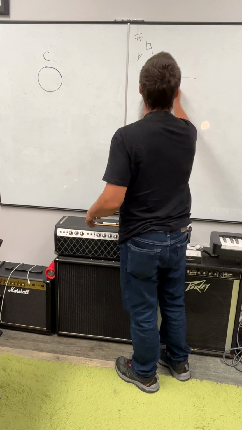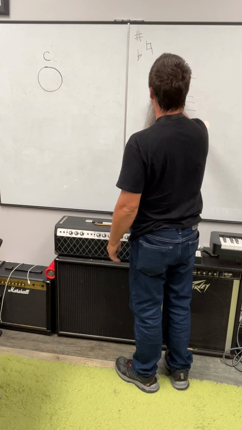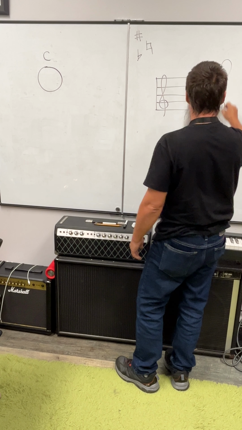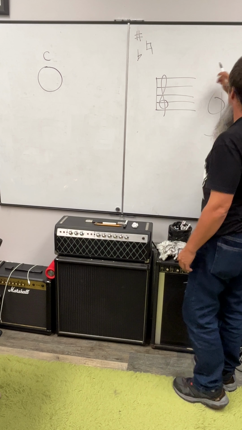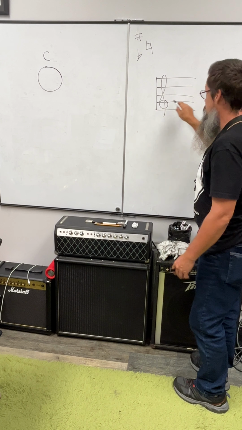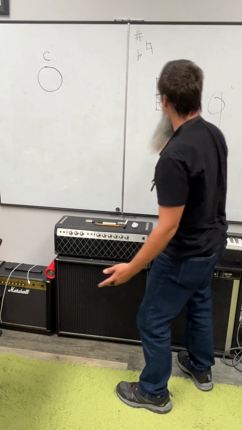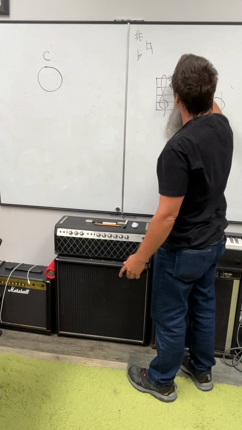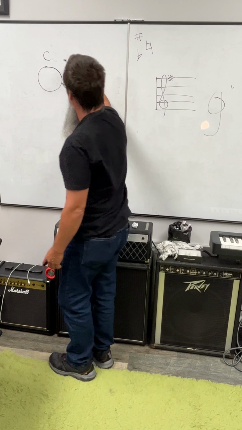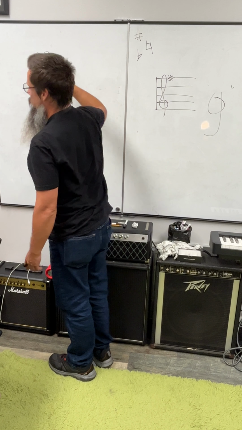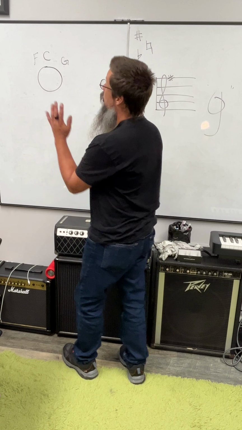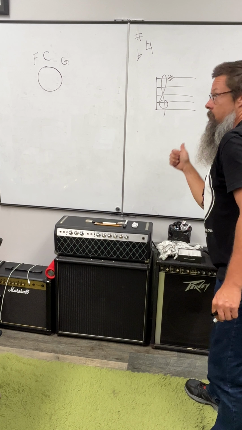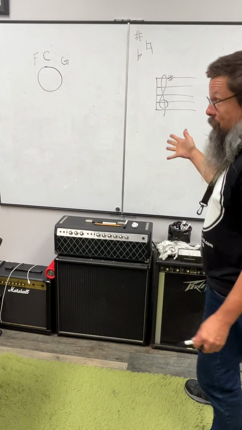So check this. We've got a staff. We're going to put a clef on it, the G clef. The reason it's called the G clef is because when we get rid of the top, it's a G, which means this is your G. So now you know what the notes are. G, A, B, C, D, E, F. When we go to the key of G, you have one sharp. That sharp is F. Meaning, instead of going C, watch me now, C, D, E, F, G, A, B, C,